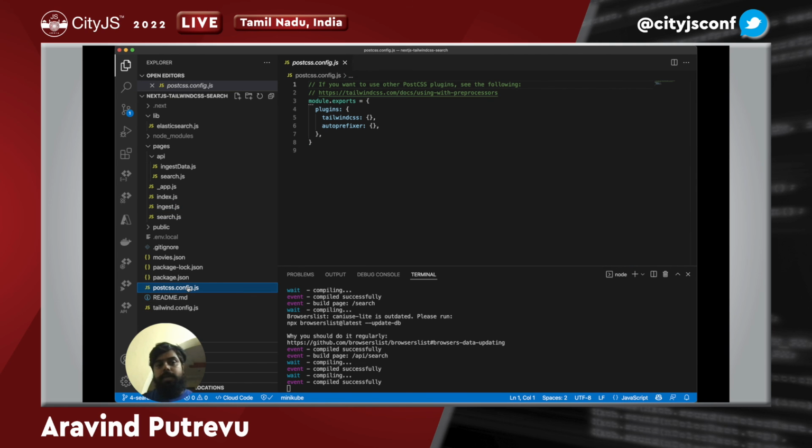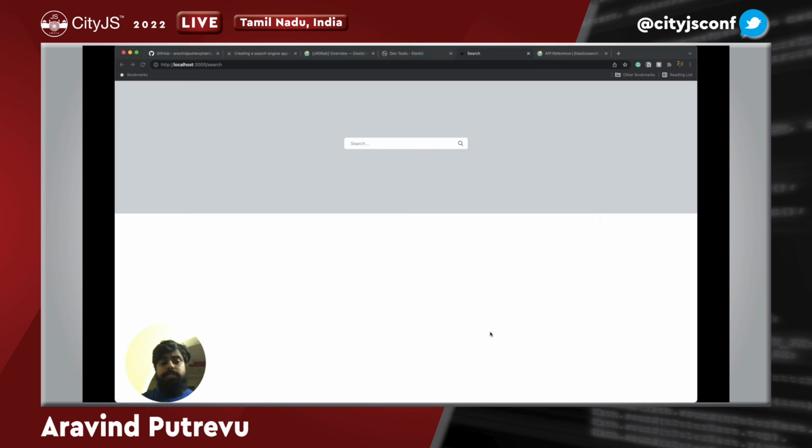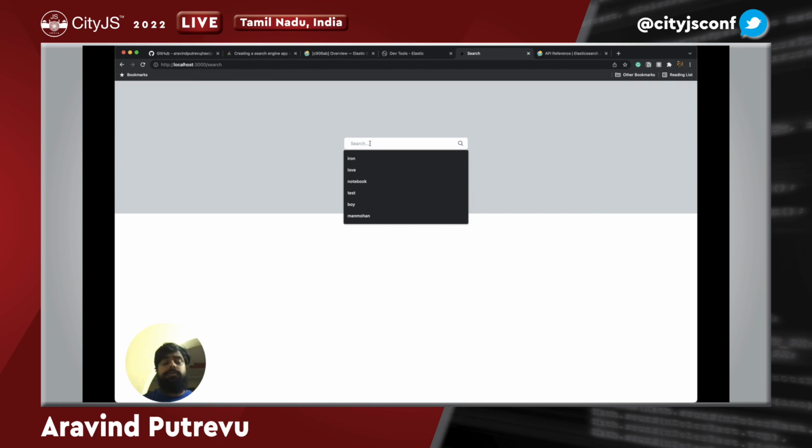Another thing that I did is a PostCSS process that I have added, wherein the PostCSS plugin will take a look at all the CSS and create a better outlook. In the package.json also the PostCSS version is mentioned, so you could take a look at that. When you're generating a production build, PostCSS will come in really handy. So this is about how you create a search based app,